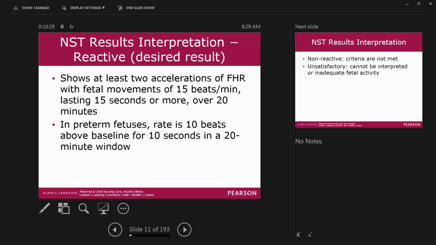So what we look for is accelerations. We need to have those standard 15 beats above the baseline for 15 seconds. We need 2 of those in a 20-minute period, okay? If we don't get 2 of those in a 20-minute period, then we extend it another 20 minutes, because in general, baby sleep cycles are up to 40 minutes, okay? So at 40 minutes,